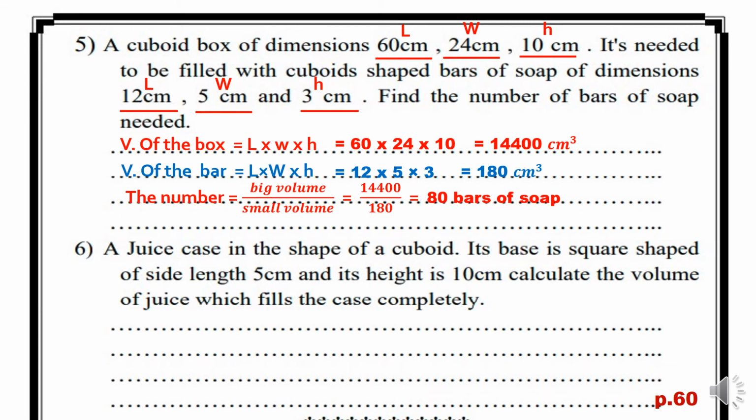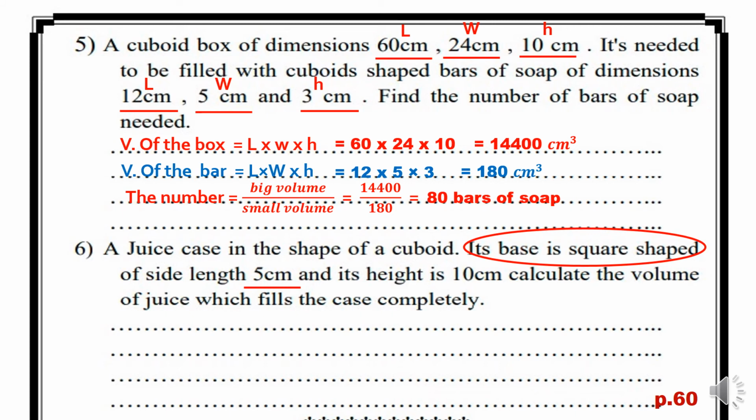In number 6, I have a juice case in the shape of a cuboid. Its base is square shaped of side length 5 centimeter and its height is 10 centimeter. Calculate the volume of juice which fills the case completely. So here I have a very important note that the base is square shaped. So to get the volume of the cuboid,